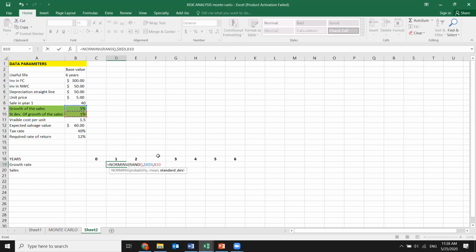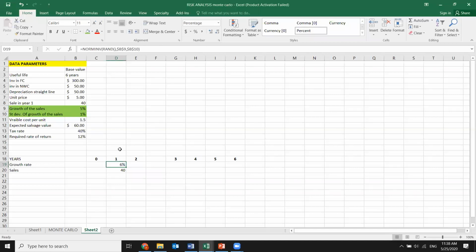Now, I'm closing the bracket. So what you can see, our rate is 5.96%. So on average, it grows by 5, but it deviates by 1. But randomly selecting the probability to happen. So we do not put a probability because it may take randomly. So for all years, it will be random. What you see, all the changes in sales are taken randomly. So that means the next year,